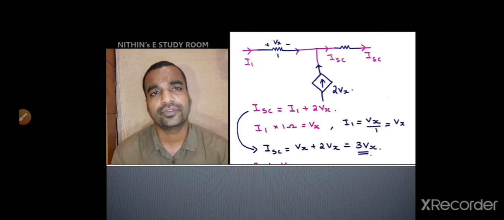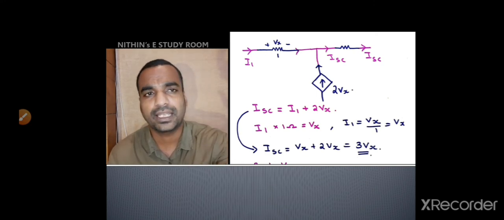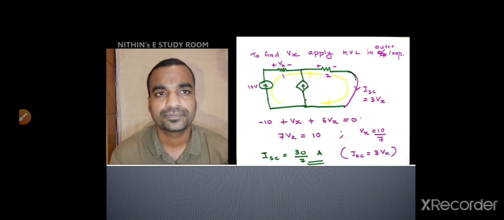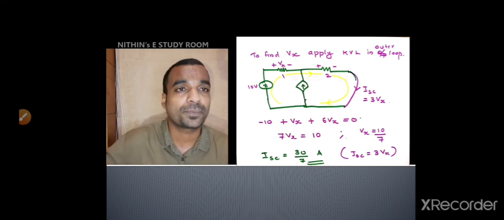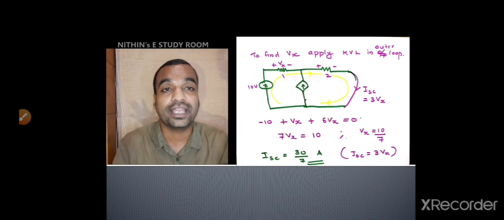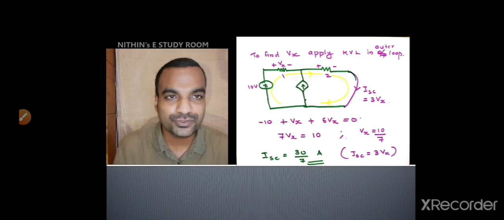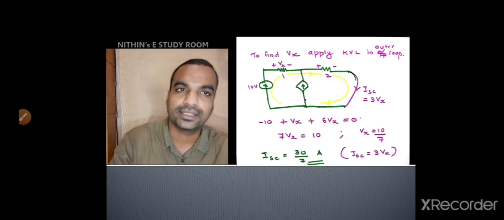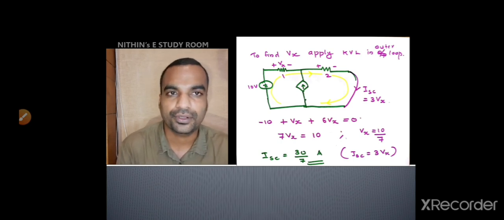For finding the value of Vx, we can use some KVL techniques, because this is the short circuit case. And one more thing, don't take any values from the calculation of the previous open circuit case, because in that case it was open circuit and now it is short circuit. The names Vo, Voc or Vx will be the same, but the values will be different. So don't take Vx from that case. If it is short circuit, you have to do the entire calculation. If it is open circuit also, you have to do the calculations.